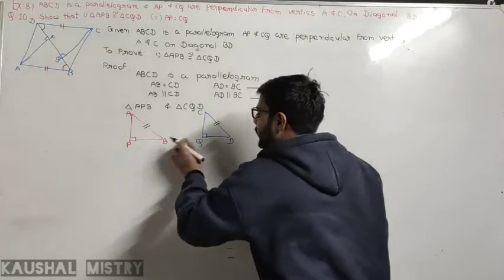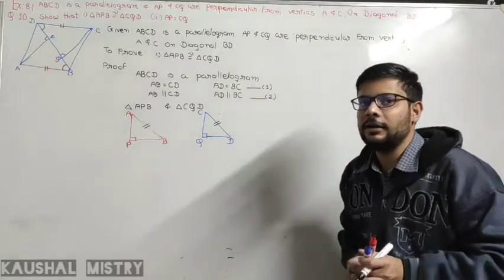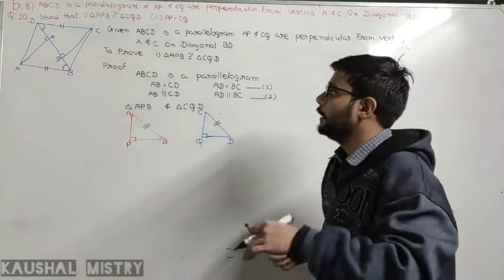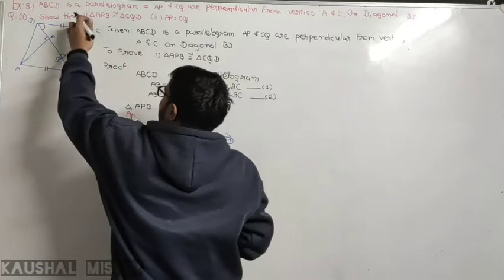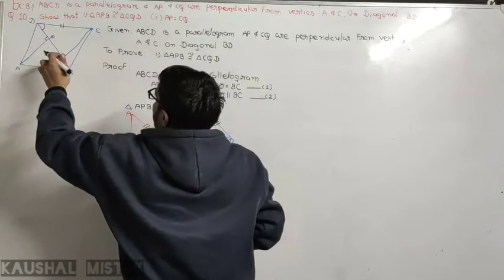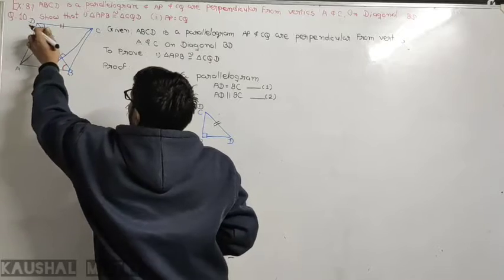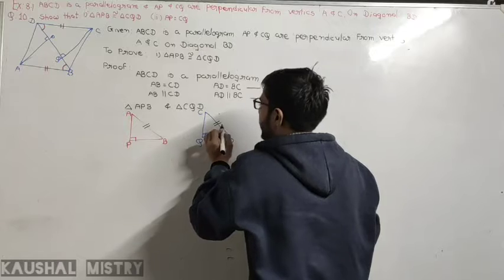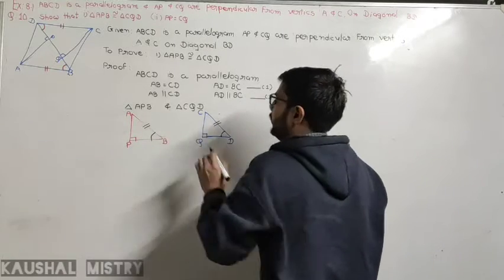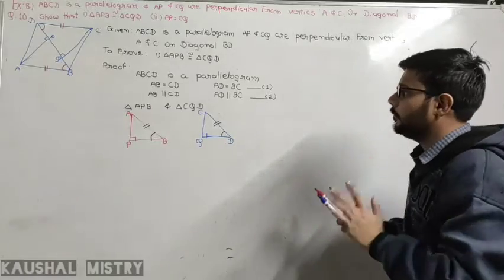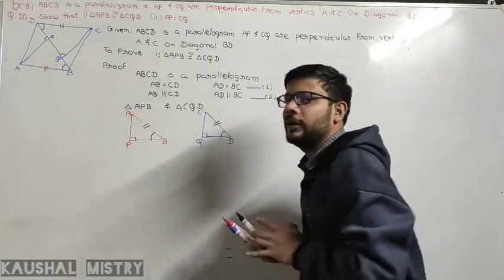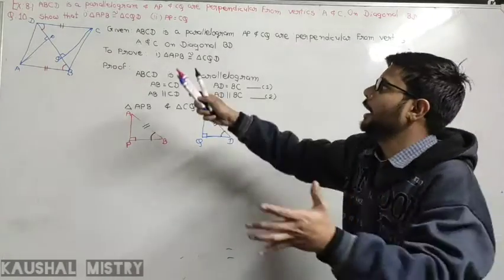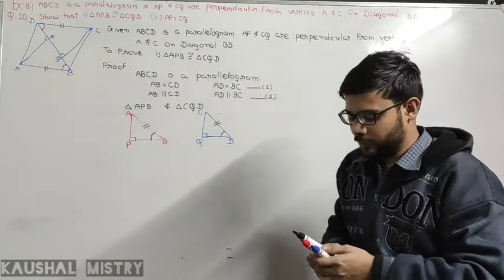Now angle P is equal to angle Q because both are right angles, because AP is perpendicular to BD and CQ is perpendicular to BD. Another thing, angle CDQ and angle PBA are alternate interior angles. That means angle D in this triangle is equal to angle B in this triangle, right? Whatever we have discussed, we have to write, and by the AAS congruence rule we can prove that these two triangles are congruent, and by CPCT we can write the second one, right?